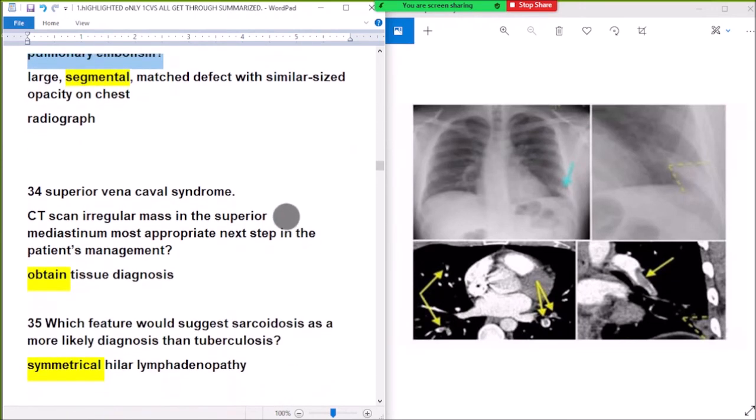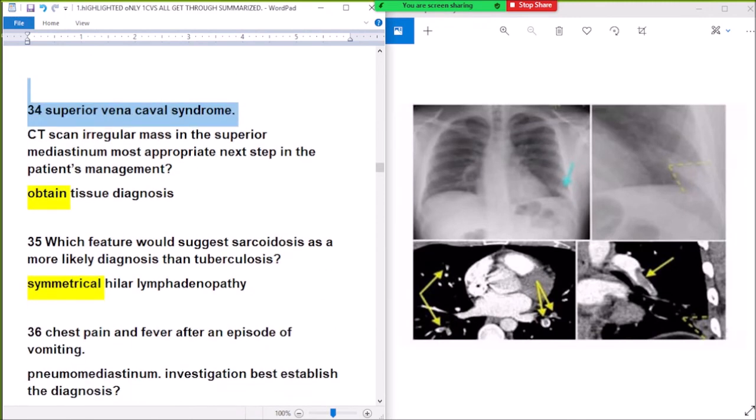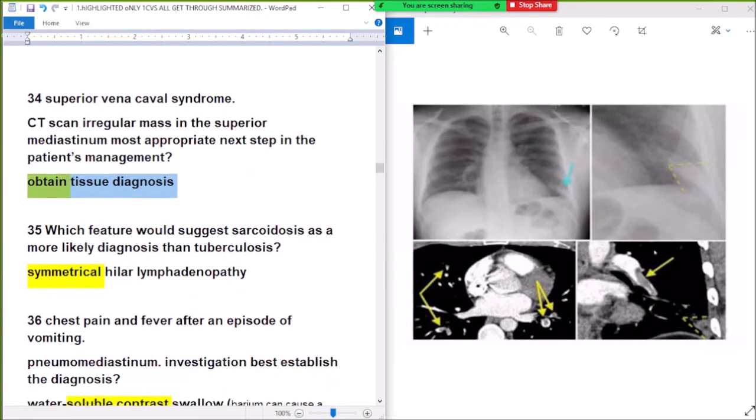Question number 34. Superior sulcus syndrome. CT scan shows an irregular mass in the superior sulcus. Most appropriate next step in the management? Biopsy to characterize the mass. If superior sulcus syndrome, there is irregular